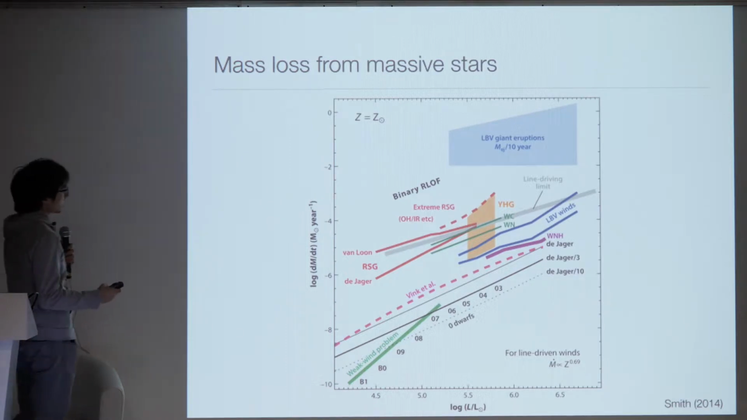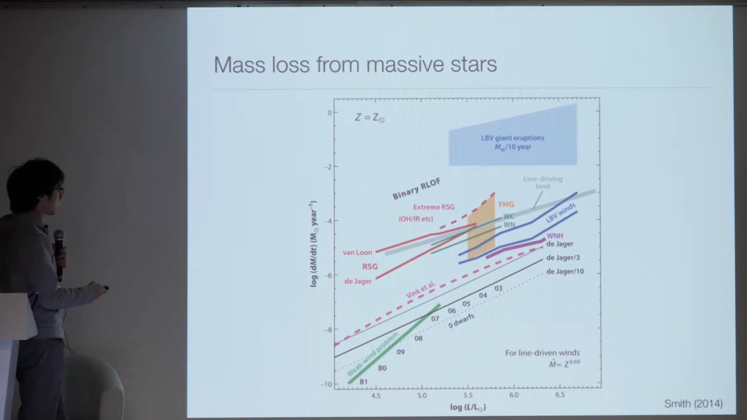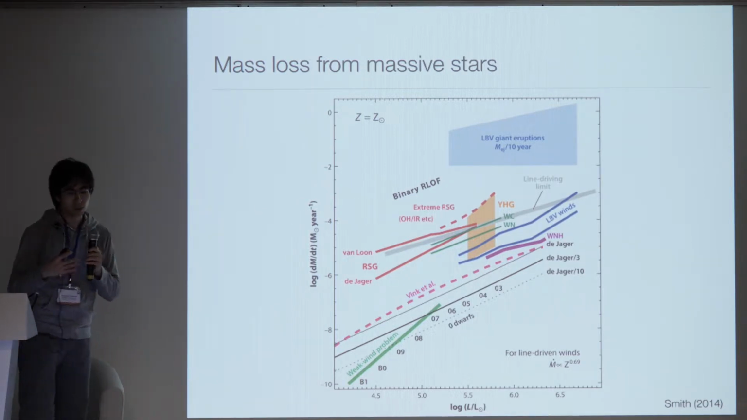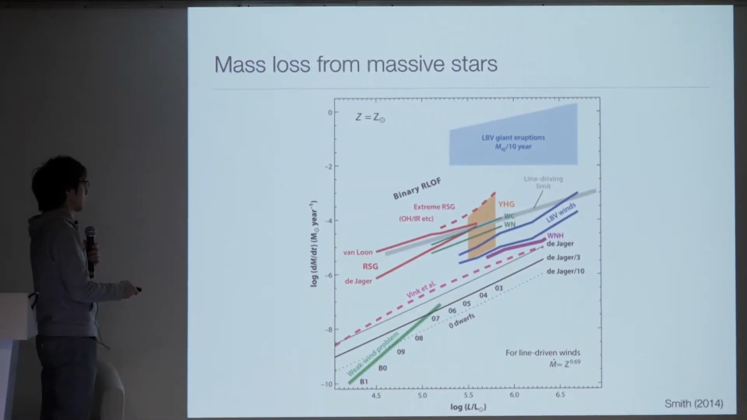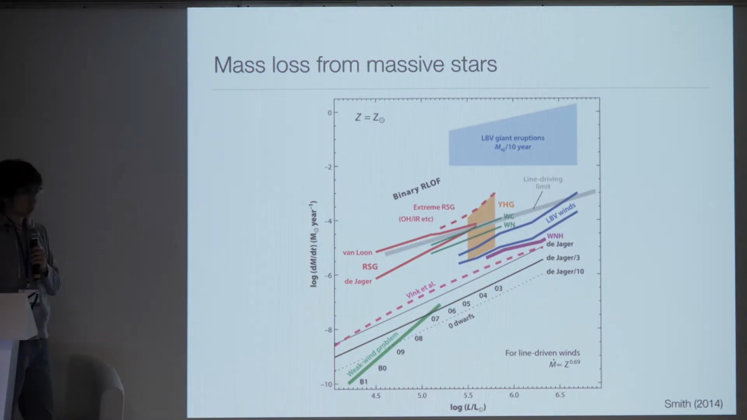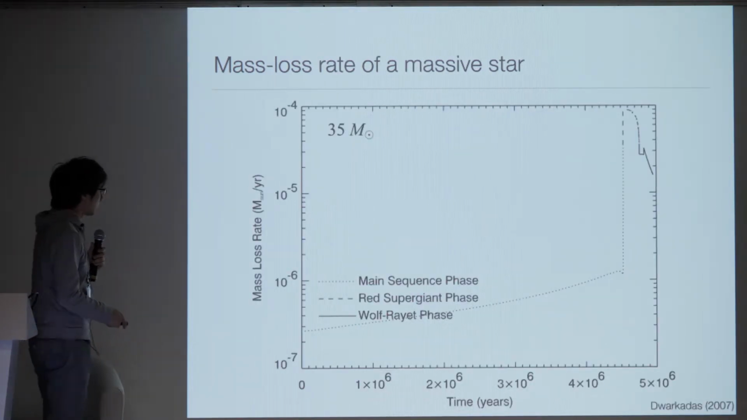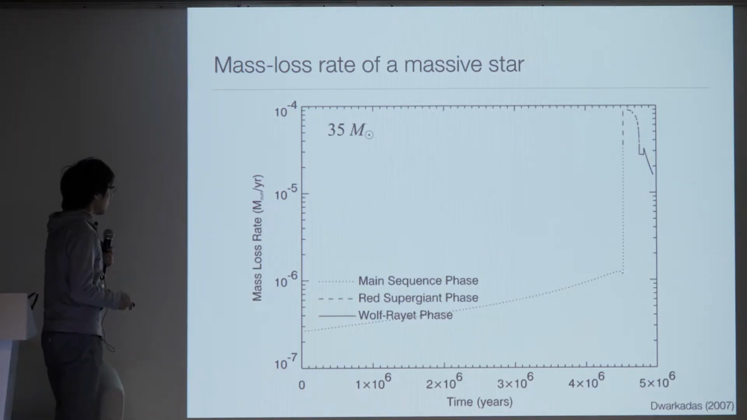So these supernova progenitors are losing mass at these rates, and the stars explode inside the circumstellar matter, which is created by this mass loss from the progenitors. This is a typical example of the change of mass loss rates as a function of time for these stars. This is one example of a 30 solar mass star,